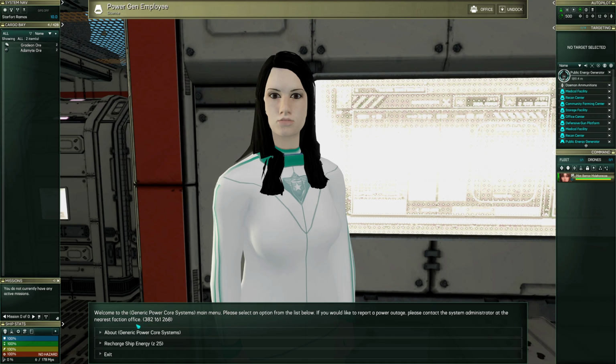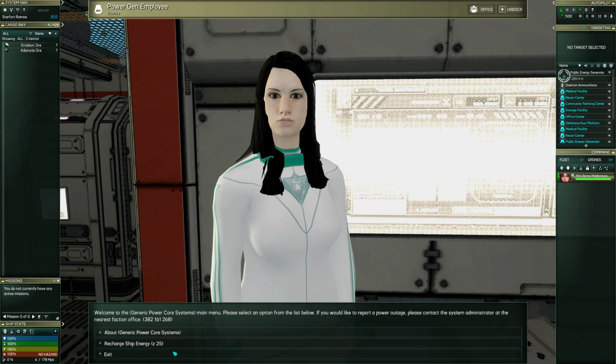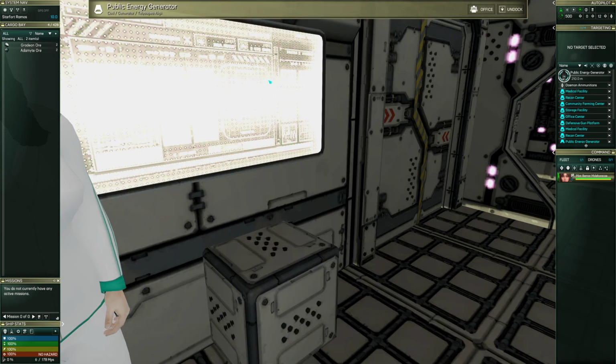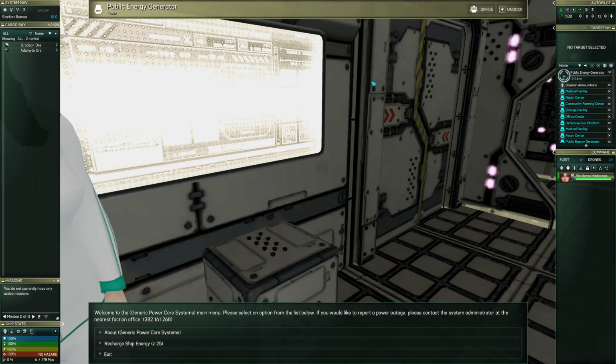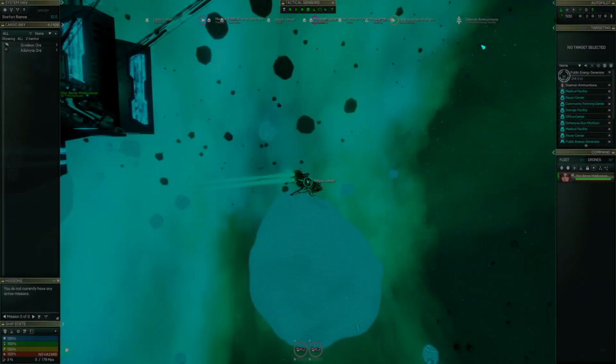Okay. I can recharge energy and generate power core systems. Okay, so let's exit this thing. So power cores is generators. There is an office though. Oh, this is the same discussion. Okay,